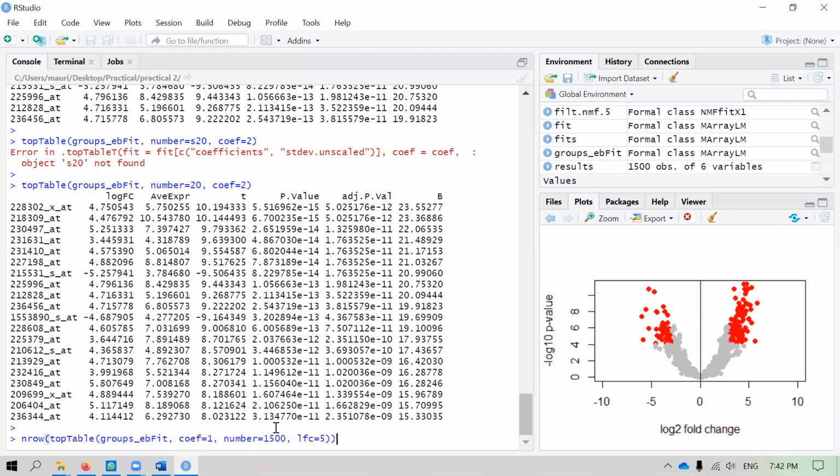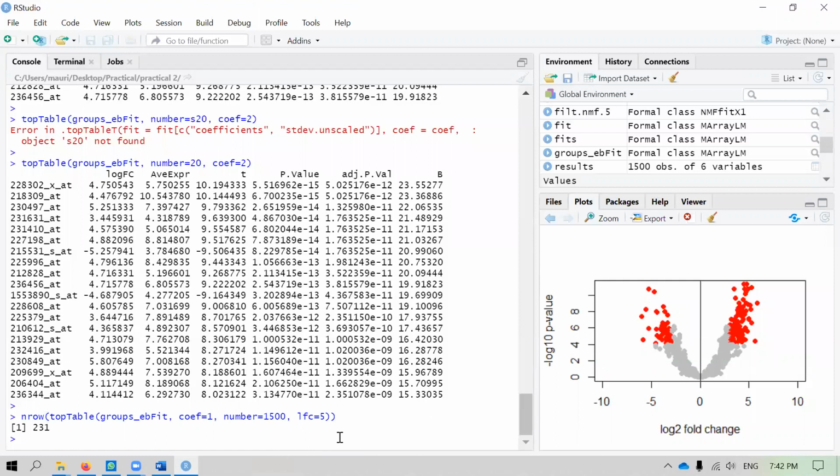Okay. Now, it basically asks me coefficient 1, so between group 1 and group 2. How many genes? n row means I count the number of rows. LFC is log fold change equal to 5-fold changes or more. So I have 321 out of 1,500. Out of 1,500 probes, there is 5-fold changes, 4-fold,